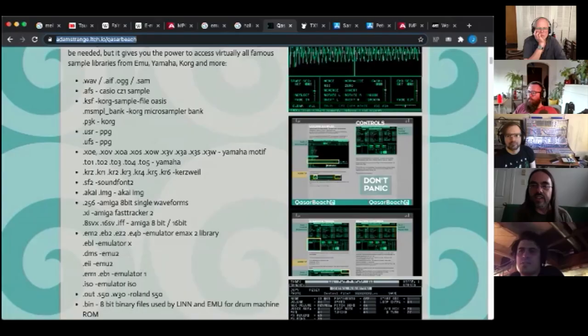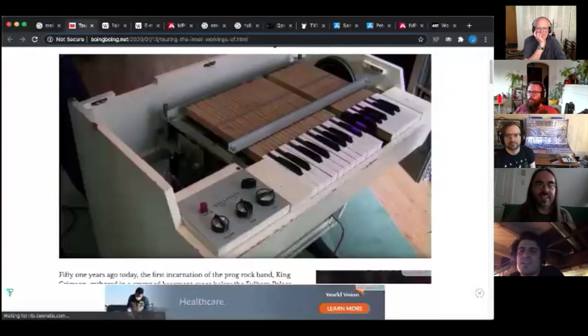So I'm just gonna share the screen again and show some good old-fashioned pictures of some of the old samplers that were kicking around. Who's used this hardware sampler? Okay. So